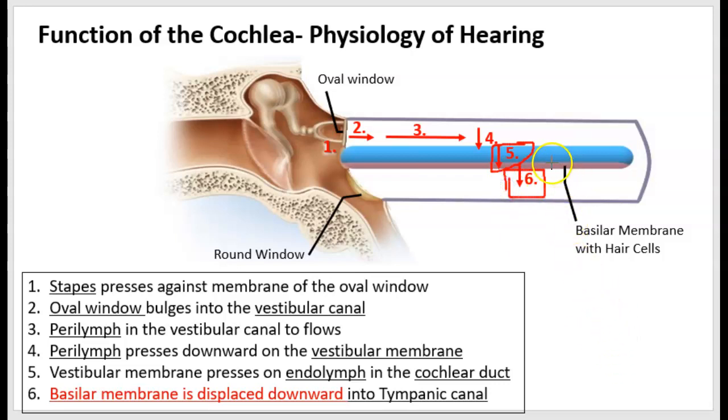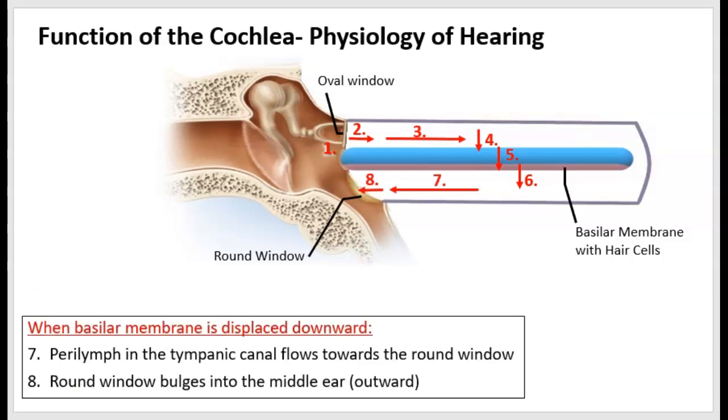Now you know the hair cells are sitting on this pink line. That's where the organ of Corti is, but they have not been excited yet. In fact, the hair cells have been moved farther away from that tectorial membrane of the organ of Corti. So let's look at the next thing that happens, because it's the recoil of the fluid movement that's going to